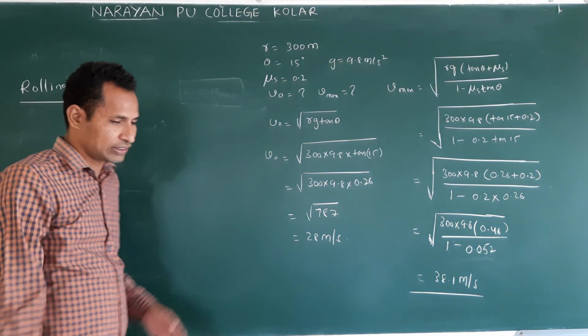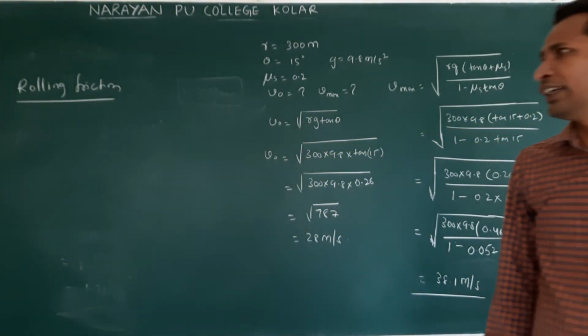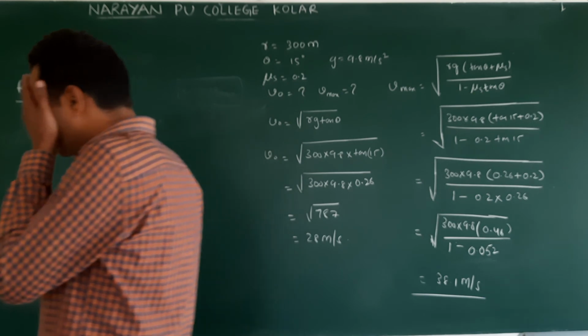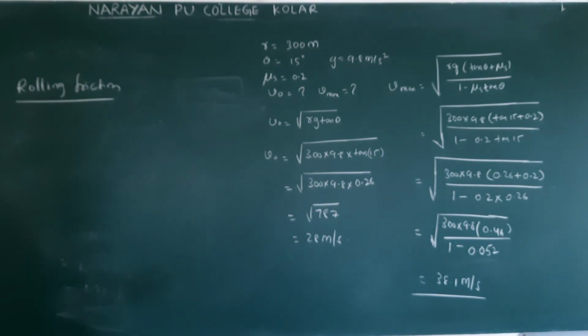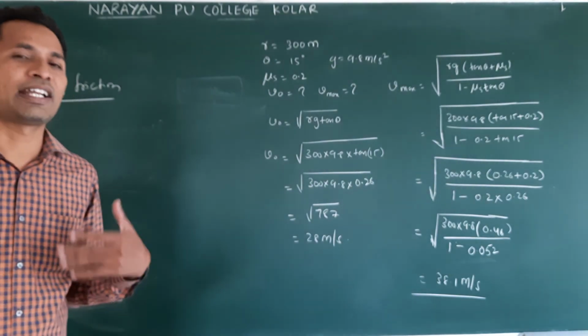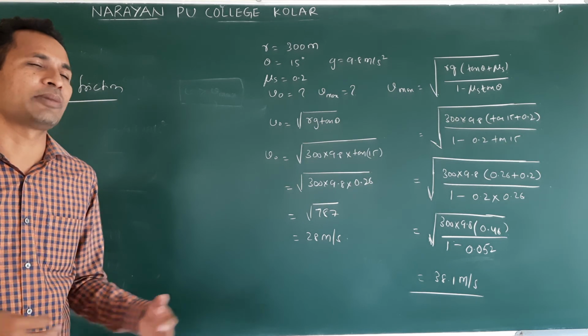This is one kind of friction. Clear? We have three kinds of friction: static friction, kinetic friction and rolling friction. Static friction acts when a body tends to move. That static friction will become maximum, and it depends on the normal force. Clear? We also call it limiting friction sometimes.